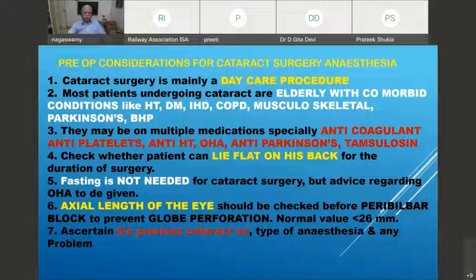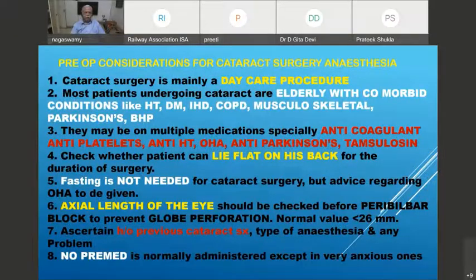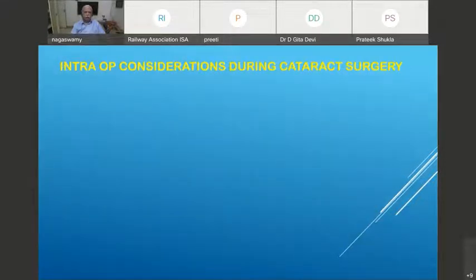Ascertain history of previous cataract surgery, whether the other eye has already been operated, what type of anesthesia and any problem has been encountered. No pre-med is normally administered except in very anxious ones, but usually acetazolamide, a Diamox, is given for the reduction of intraocular pressure. Intraoperative considerations,